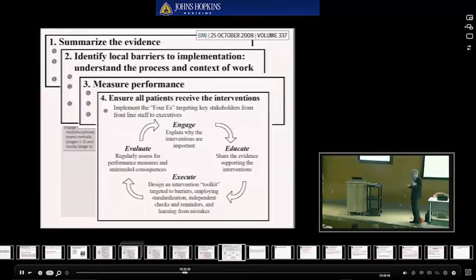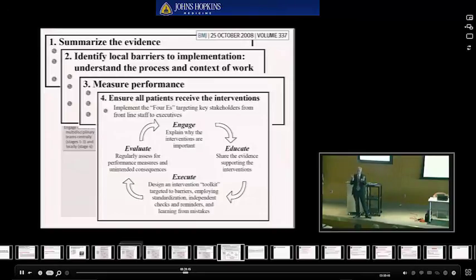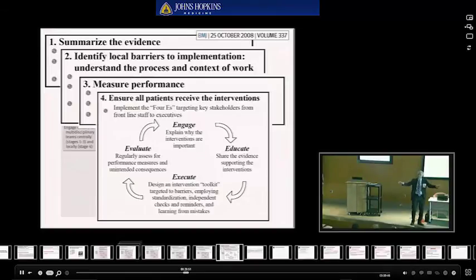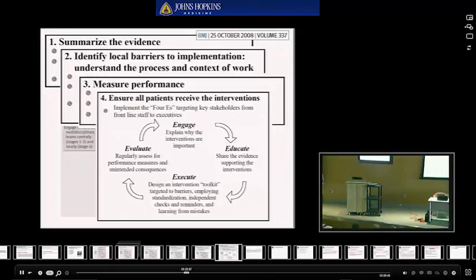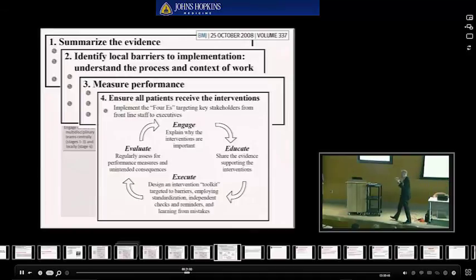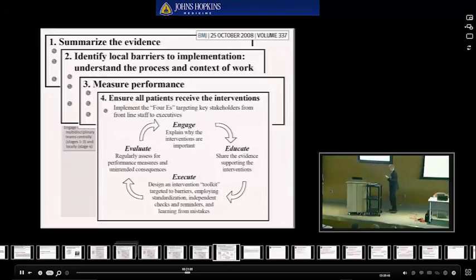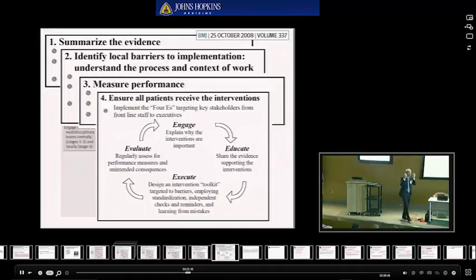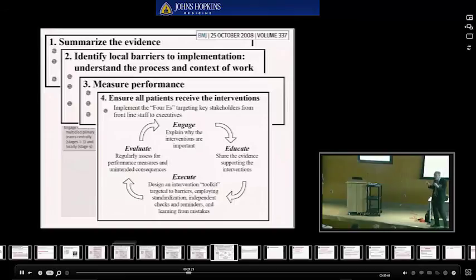Before you jump into execute, which is E number 3, you need to engage and educate and then execute. So what does engage mean? There's no way that you're going to share information with people and have them absorb it unless you've got their attention and their interest. So we've engaged all of you. You've made the trip here. You've paid the registration fee. You are engaged, but not every one of your colleagues back home is going to be the same. So before you go home and rush to try to share all this information with them for them to change practice, you need to engage them. And we're going to talk about, in the case study part of this, how you might do this. So once you have their attention, then they might be willing to absorb some molecules of knowledge that you're going to share with them. So engage and then educate, and then you begin to execute.